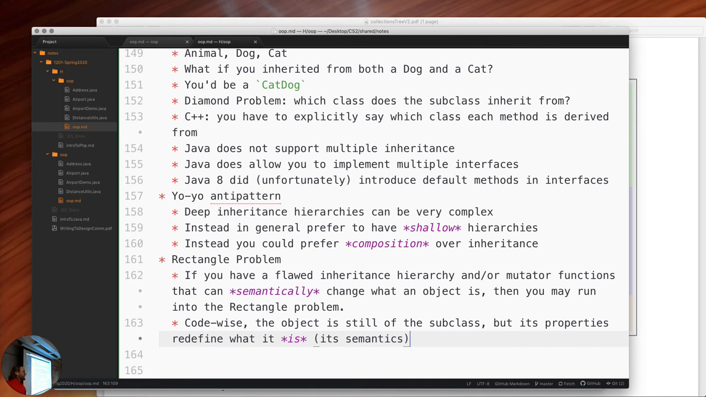You can treat a subclass like a superclass, but you shouldn't be able to change it so that it is a superclass. Right? This is kind of a violation of the L of SOLID, which is the Liskov substitution principle, meaning that if you've got any instance of a class, you can replace it with an instance of a subclass of it without affecting the meaning, the semantics, or the behavior in some cases. Okay, that's the rectangle problem, and the solution, of course, is to